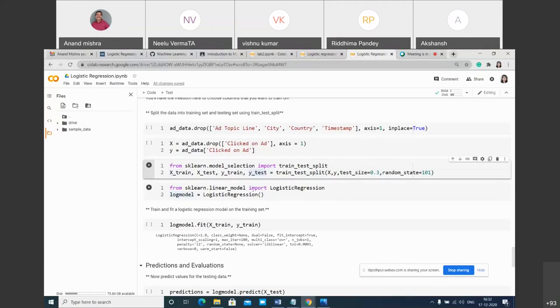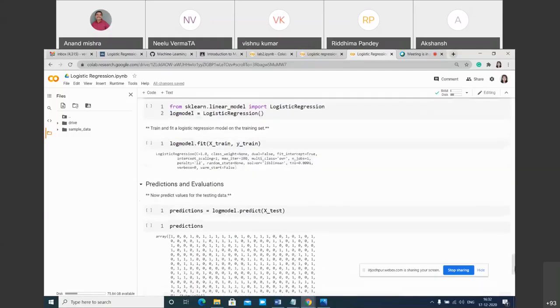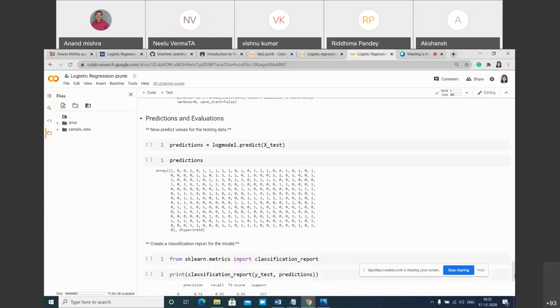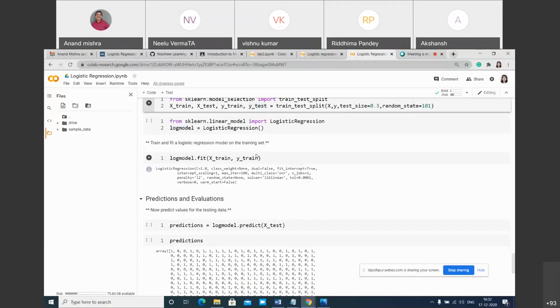From the inbuilt functions, you can directly import logistic regression from the linear models. You don't need to do much. You can just import this and call this function, and by using it you can fit your training data set and train your logistic regression model.